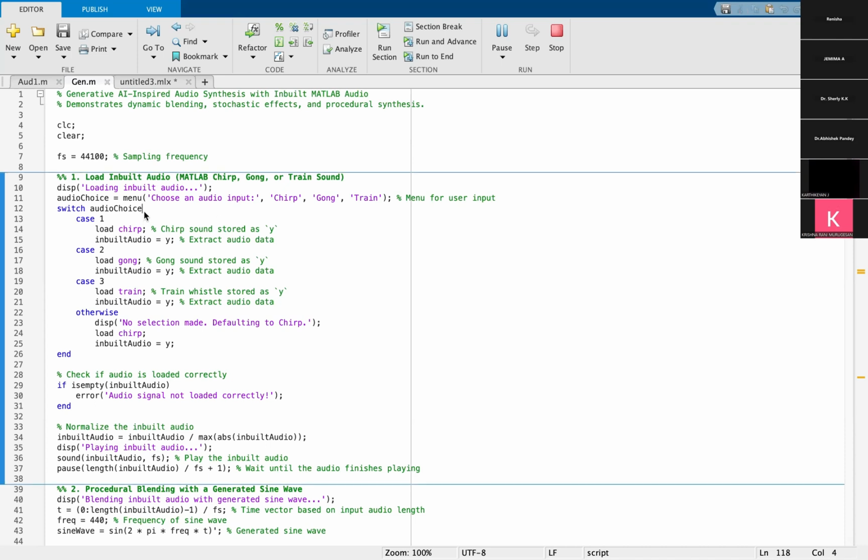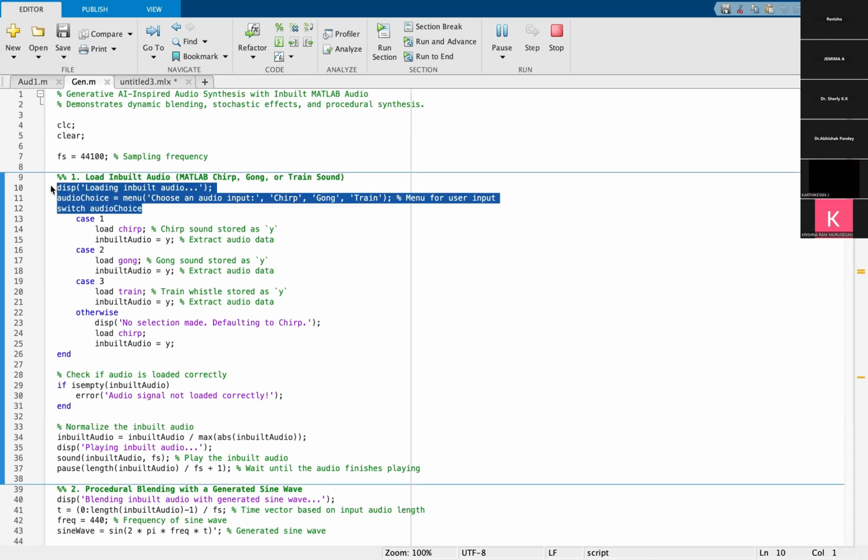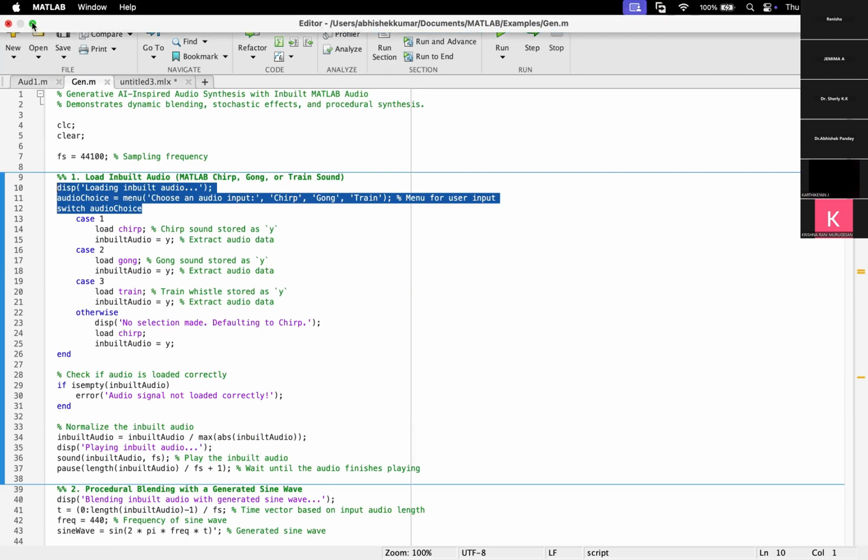So we have this particular function using the MATLAB chirp, gong, and train sounds, loading inbuilt audio, but we are using generative AI inspired audio synthesis for inbuilt MATLAB audio. So what we are demonstrating is dynamic blending, stochastic effects, and procedural synthesis using Gen AI. What we need is a neural network. So these are the two techniques which we have. So let me